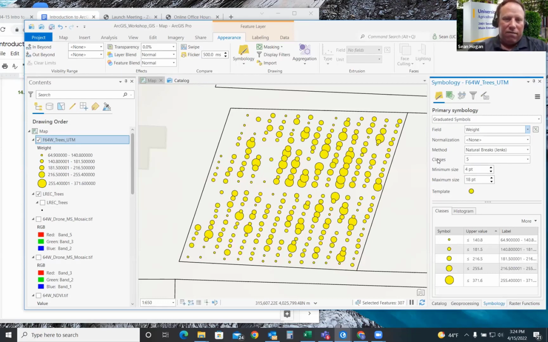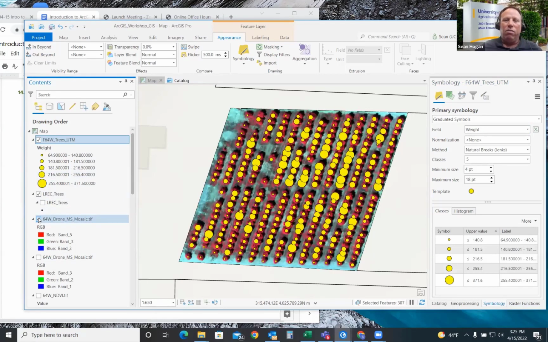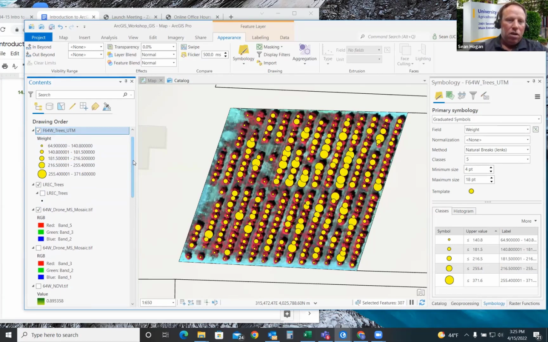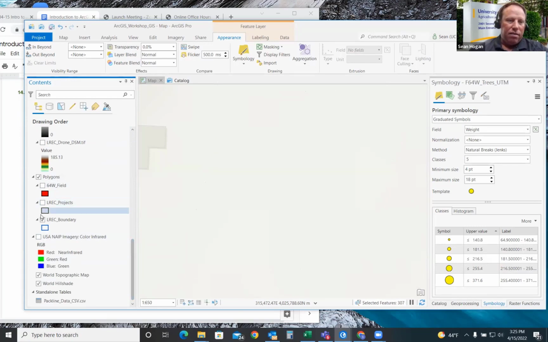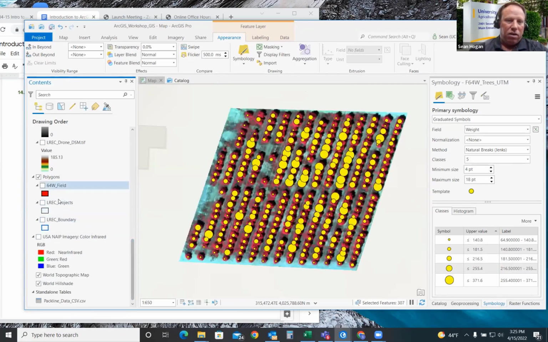Now this yellow isn't very interesting, but as luck would have it, when we turn on over on the left under the drone emission mosaic, that yellow color actually pops pretty good on top of a color infrared image. We can go down, turn off some of these here, turn off the polygons so they don't clutter up the background. And we are ready to make a map.